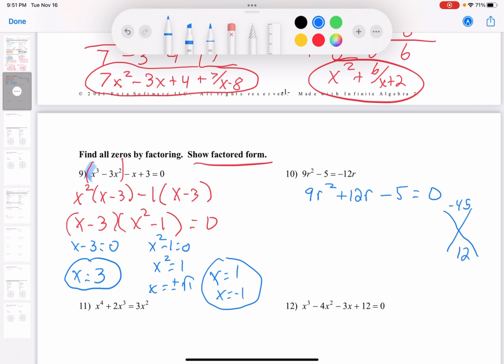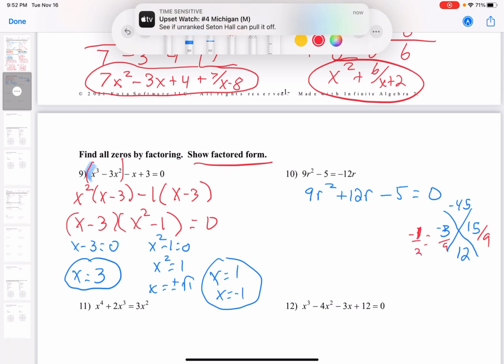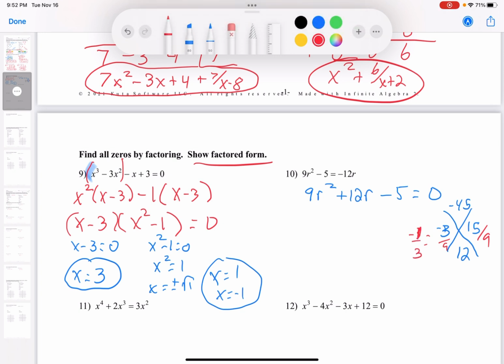And then 12 here. So that's negative 3 and 15. Negative 3 times 15 is negative 45. Negative 3 plus 15 is 12, so that works. But now remember, we have to divide this by 9, and we have to reduce. So 3 goes into 9, so that's negative 1/3. And 15 over 9 is 5/3. So in factored form, that's 3r minus 1